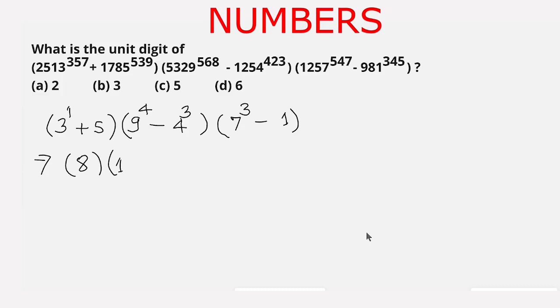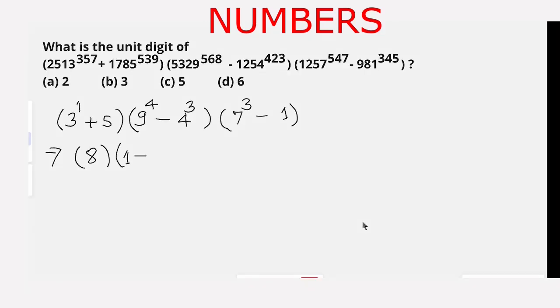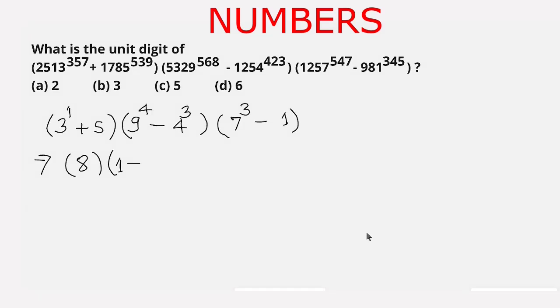We can also solve it: 9 times 9 is 81, and 9 to the power 4 can be written as 81 multiplied by 81, and the 1 of 81 multiplied by the 1 of 81 gives 1. Minus 4 to the power 3 is 64, and the ones place of 64 is 4, multiplied by